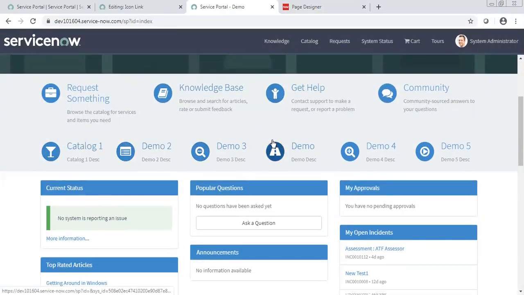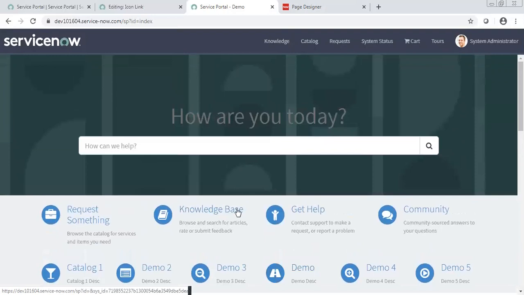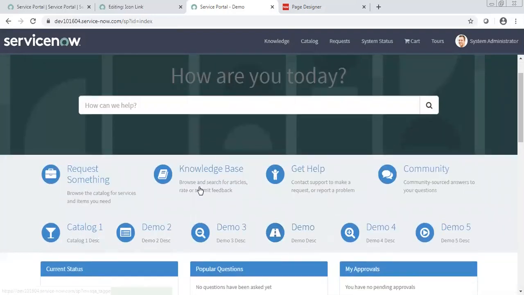Now it becomes similar with 6 icons. So see how easy it is to customize the home page.